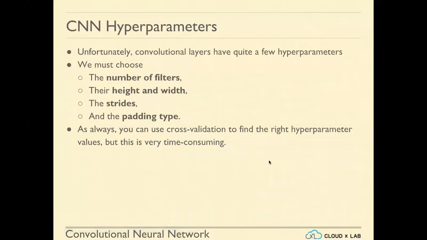All right, so as you can see, there are quite a few hyperparameters, meaning we can choose the number of filters, their height and width, their strides, and the padding type, and also the various ways we can connect the layers, which is an open question with the whole neural network. As always, you can use cross validation to find the right parameters, but this is very time